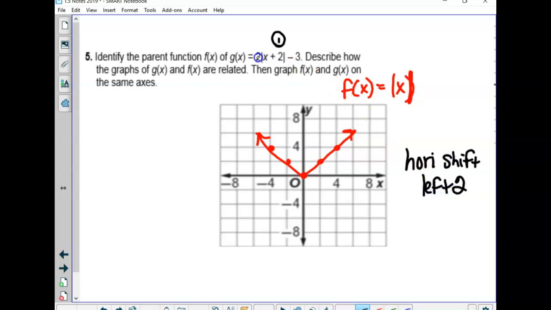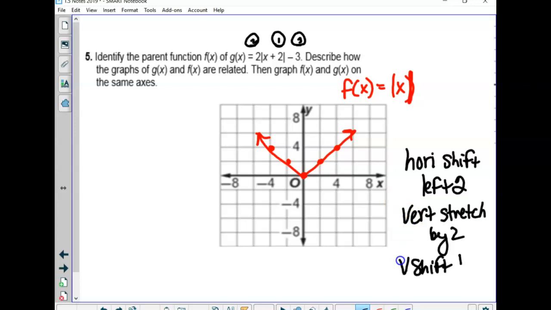Now, because there isn't a reflection, I really don't care what order you tell me in, but this would kind of be next. That is a vertical stretch by 2. And then last is this guy on the back, which is the vertical shift down 3. And it actually doesn't matter if you stretch and shift down or shift down and then stretch. It's the reflection that messes with the order. Okay, so